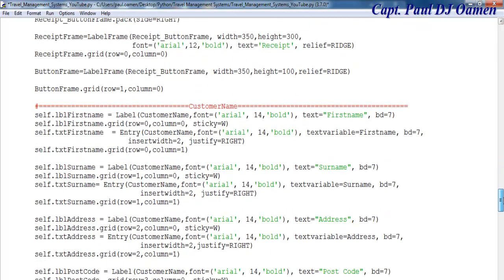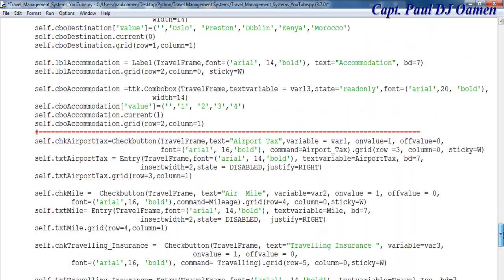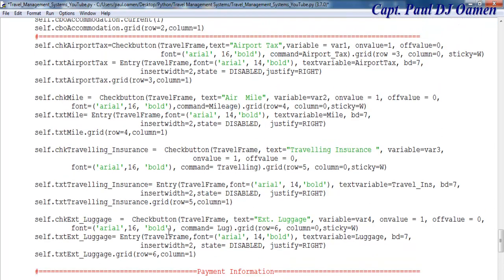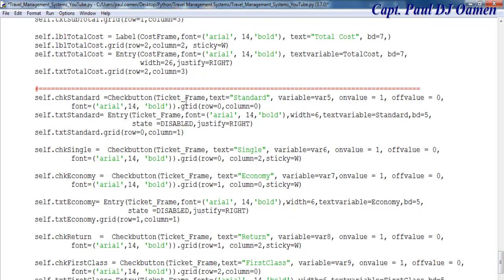We need this checkbox, checkbox standard. There we go, standard. So command equals that. The next one is going to be checkbox single. No, not single. Checkbox economy. Paste that in there. So economy equals, copy, paste that here, underscore fees,